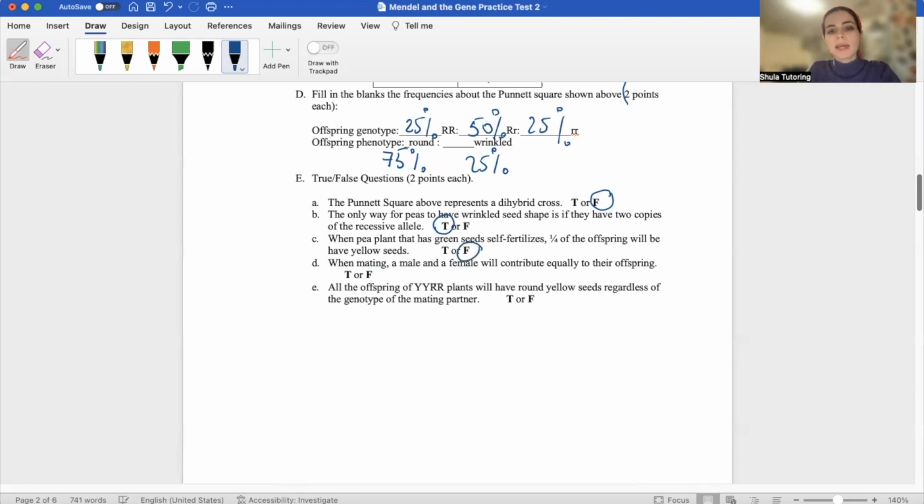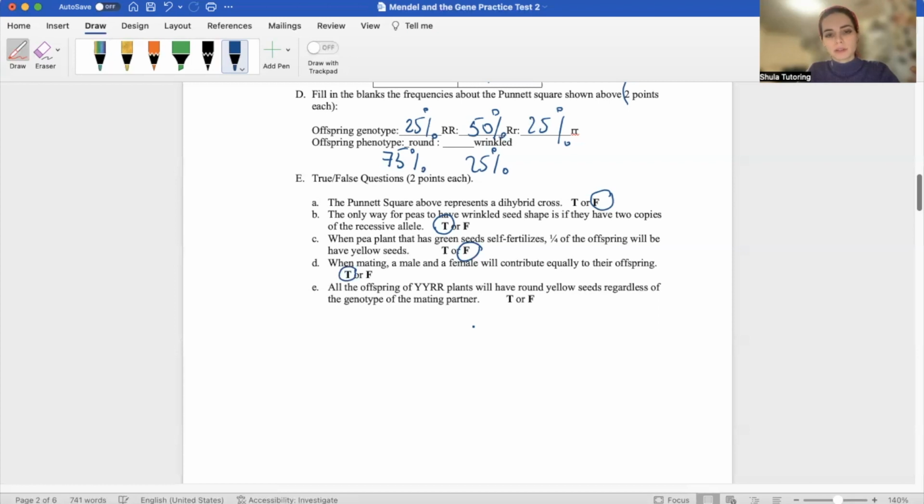When mating, a male and a female will contribute equally to their offspring, right? So like half of your chromosomes come from your father, half of them come from your mother. So that's true. All of the offspring of homozygous dominant plants will have round yellow seeds, regardless of the genotype